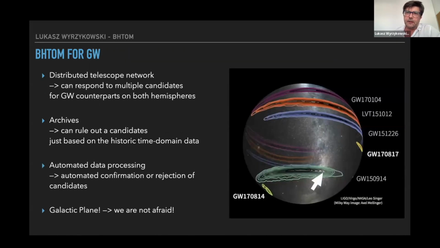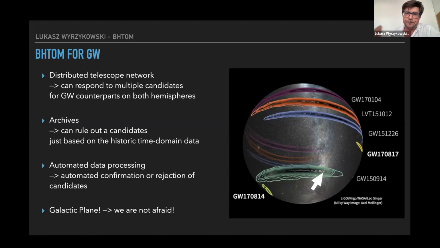Just coming to an end, I'll just mention how BHTOM can be used for GW. So first of all, we're a distributed telescope network, so we can respond to multiple candidates for GW counterparts. Maybe we're not best suited to find them, but once you find them, you can submit all of them, whatever number there are, to the system, and then we'll take care of the observations.